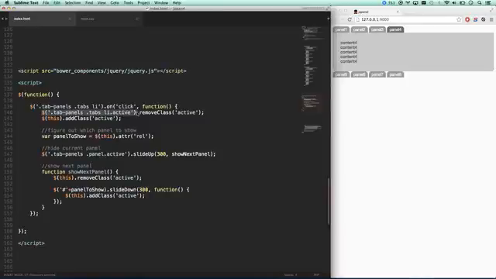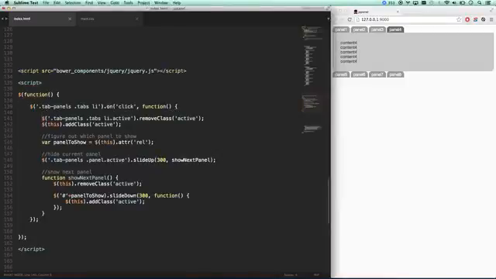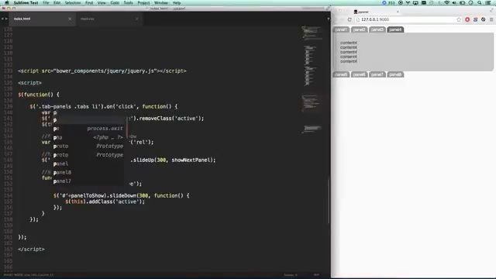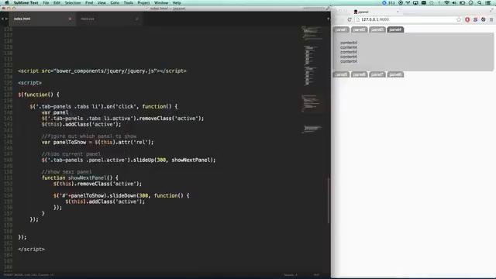We have to have it only operate within the panel that was clicked on, within the tab panel that was clicked. So here's what we're going to do. Our first order of business will be to find out which panel we are in. So we're going to go this. So whichever LI was clicked, we're going to go closest